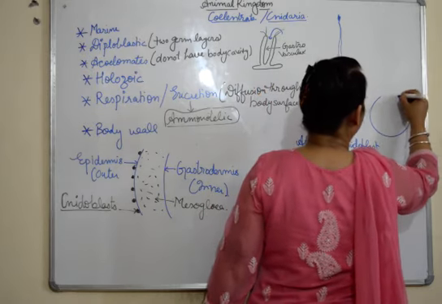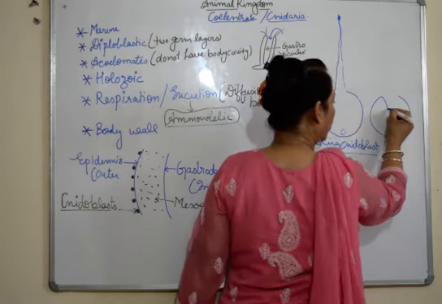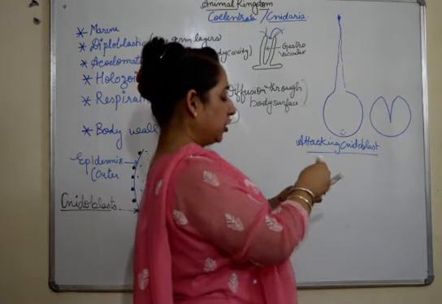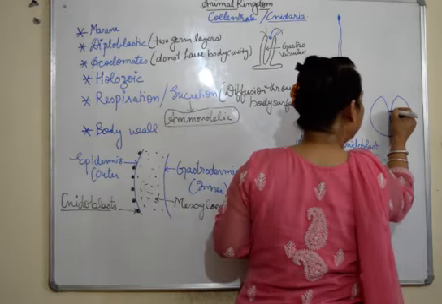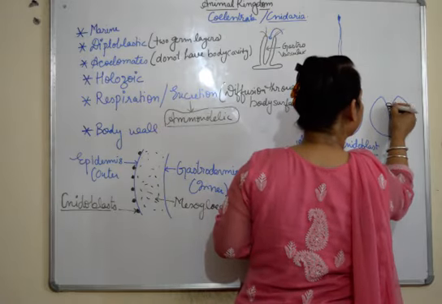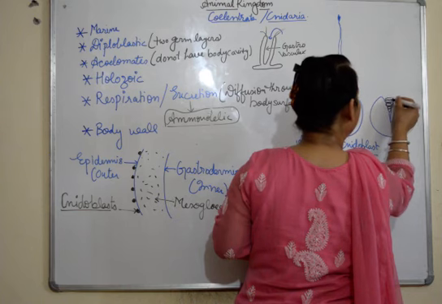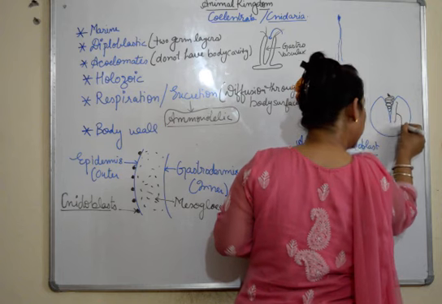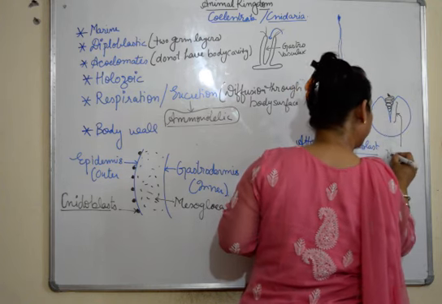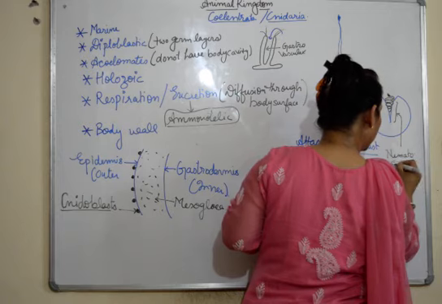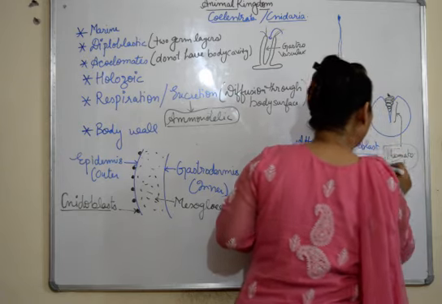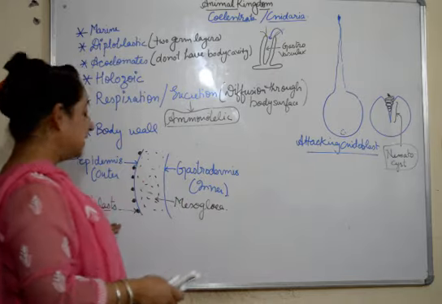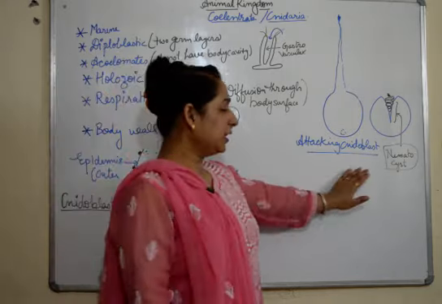Herein, this will be in the form of a cone-like structure, and this lasso or the string will be coiled around the cone and will have this sting-like structure here. This structure is known as nematocyst. Fine. So this is a very important characteristic feature of cnidarians, that they have nidoblasts present in them, and these are the two conditions.